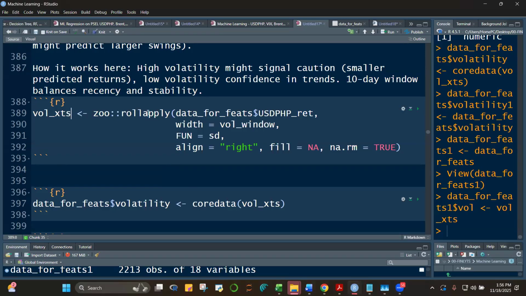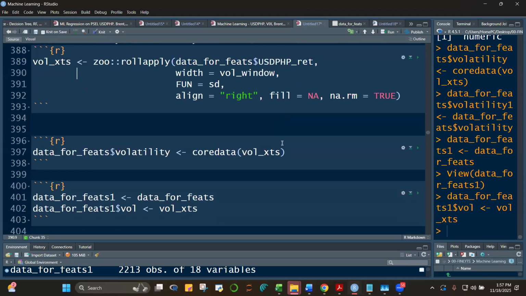Okay, so the function rollapply. We could have used another function called sd, class. That would have worked. But here I'm using rollapply, and then I'm creating this. I was assuming that it was an XTS object, class. So yeah,